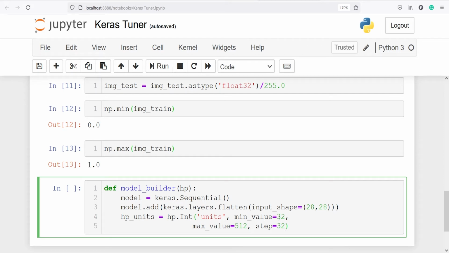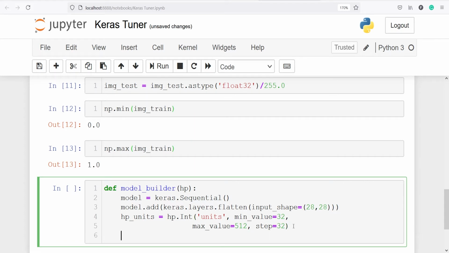So for example, the first step is 32, then the next will be 32 plus 32 is equal to 64, then the next will be 64 plus 32. So this way it will keep on increasing until it reaches 512. Then we will add one more layer. I will call model.add keras.layers.Dense. Then I'll define units, and units is going to be hp units. This variable we will pass, hp units,